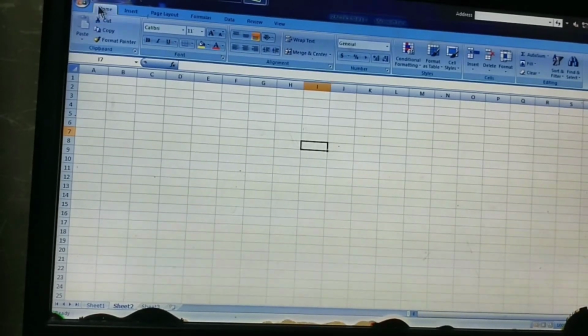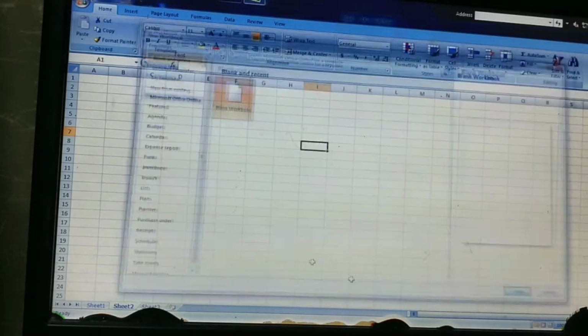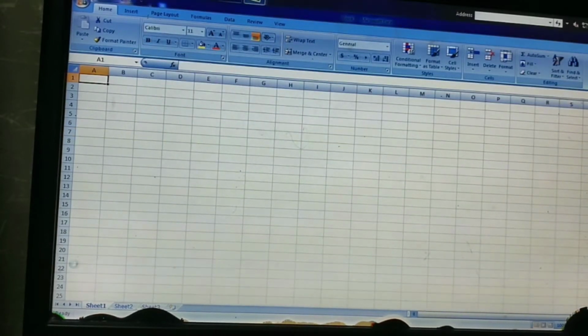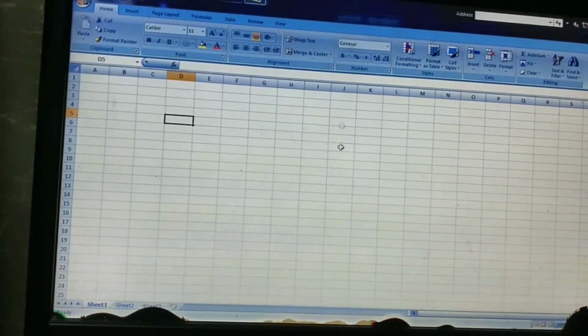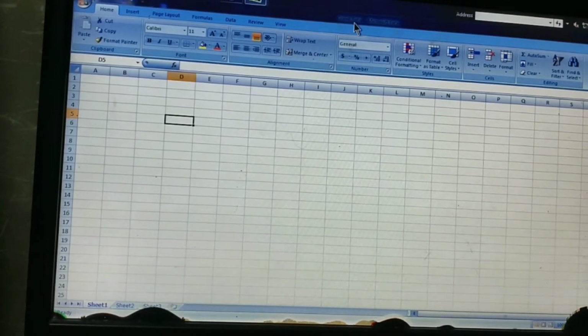Now I am taking one more new workbook and I'm saving it with the name grand total. Currently I am on the workbook named grand total, and I want to get the grand total of computer.